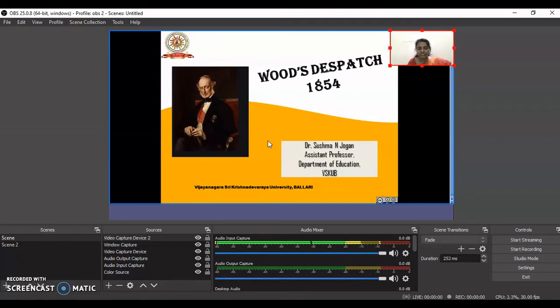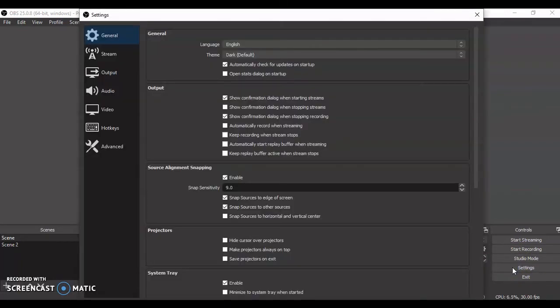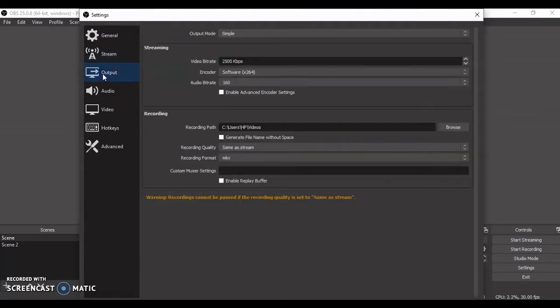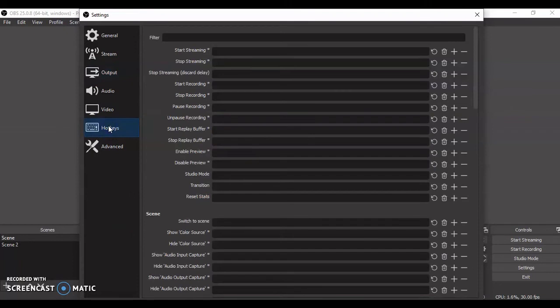Now, let us look quickly at some of the settings with the help of which, without using the mouse, you can run by using the keyboard. To do that, go to the settings. Under settings, this is general settings. Let it be default as it is, no need to change. The next one is stream. Stream is something which is for live, maybe on YouTube or other media. This is output. Let it be. Otherwise, output is where you want to put the videos, either on a desktop or somewhere, whatever you want to do, you can. An important one is hotkeys.